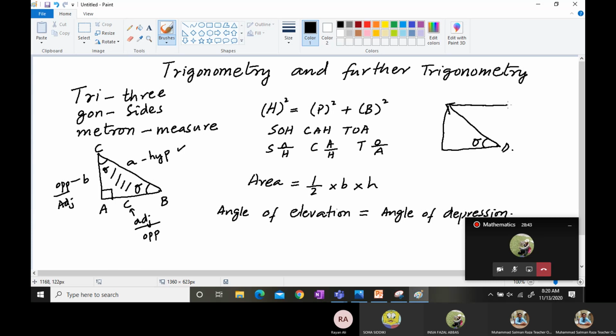Similarly, if someone is standing over here and looking at you, then this is known as the angle of depression. When someone from the top looks at you and you from the downward side look at that person, you make an angle of elevation and he or she makes an angle of depression. Similarly, you can see that these two lines are parallel, so a Z is constructed in between. That's why the angle of depression is always equal to the angle of elevation.